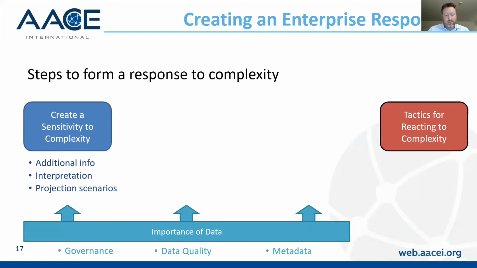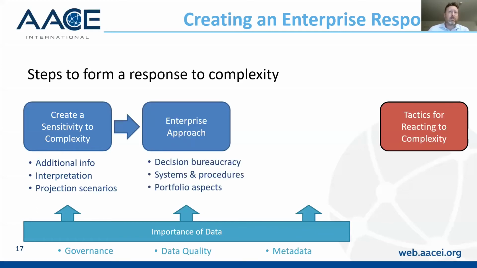So this entails things like accuracy, completeness, consistency, accessibility, compliance, and efficiency. And metadata, if you haven't heard that term, that's information about the data. So things like where it came from, what it relates to, how it was modified, whether it's confidential, etc. So from there, you need to identify an approach that the business is going to take. And that'll depend on things like what kind of decision bureaucracy is in place, the maturity of the systems and